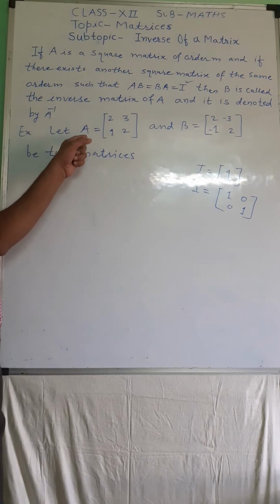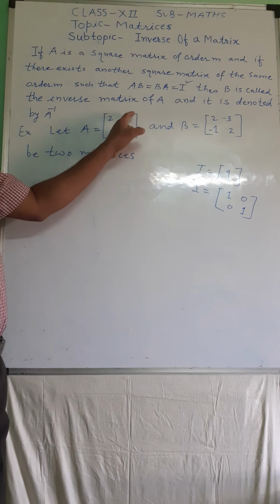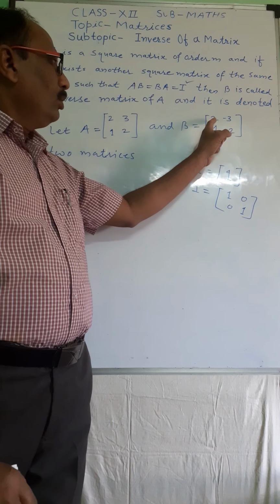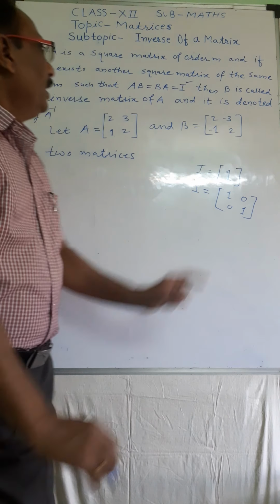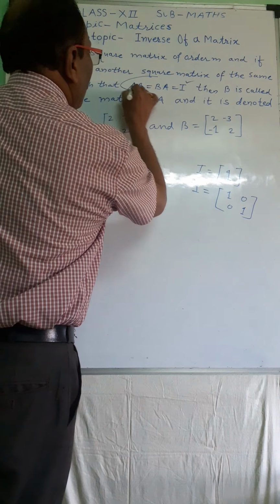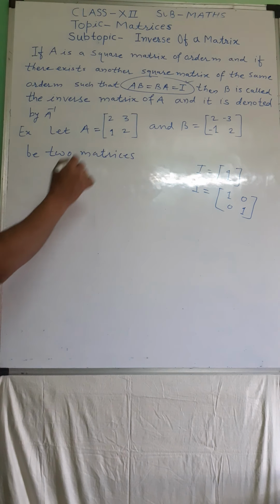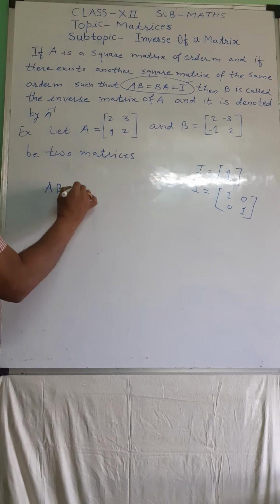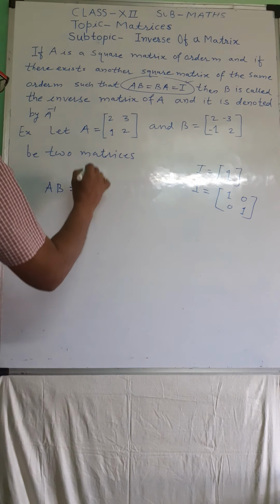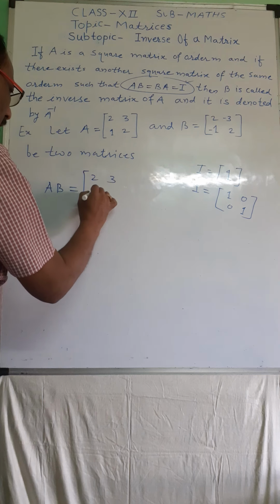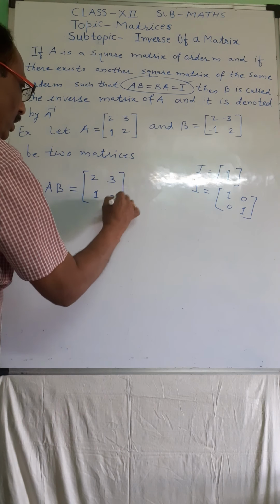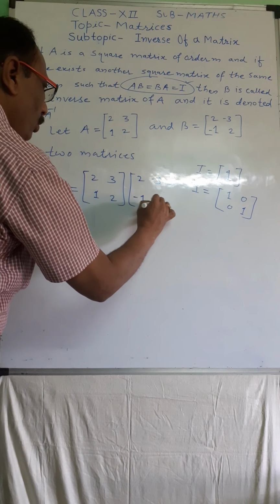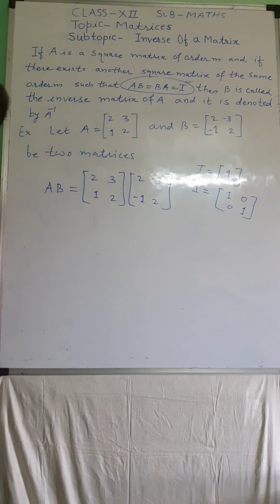This definition we can illustrate by taking one simple example. Let A be a matrix of order 2 by 2: 2 3 in the first row, 1 2 in the second row. And the second one, B, is equal to 2 minus 3, minus 1 2. We want AB equal to BA equal to I. Let me take the product of the two matrices AB. First row 2 3, second row 1 2, and B is 2 minus 3, minus 1 2. Then